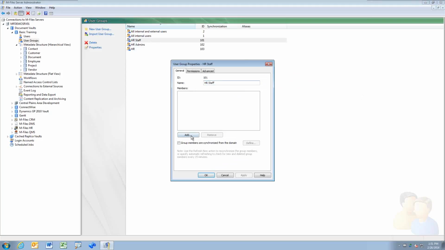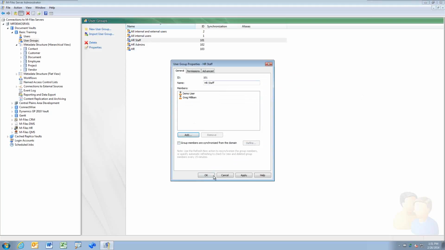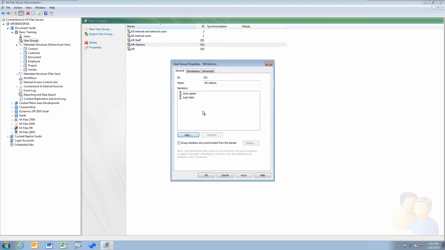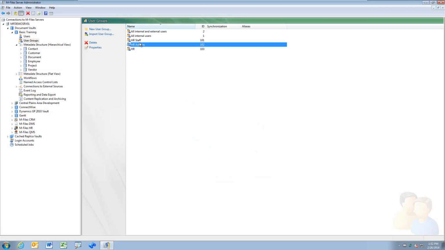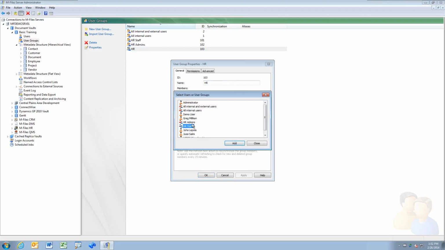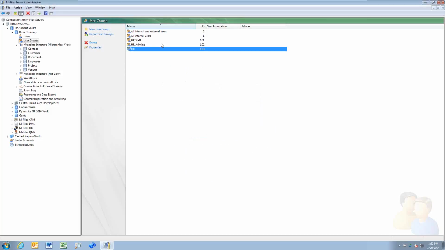So for staff, I might want to add in a couple of users. For admins, I might want to add in a couple of different users, but then both of these groups together comprise the entire HR department, and so I could get HR staff and HR admins as part of the overall HR group. This can be mixed and matched